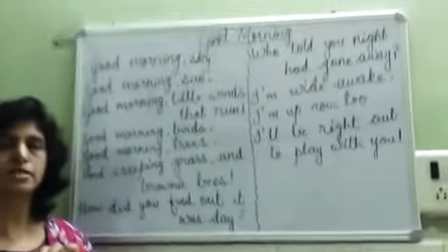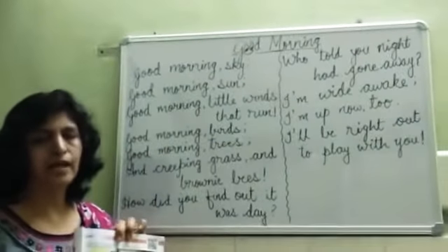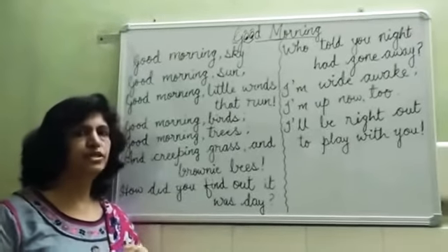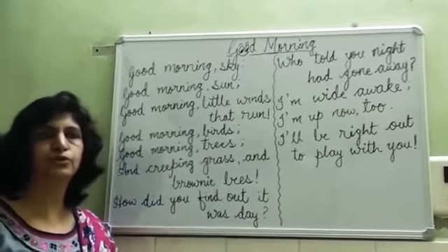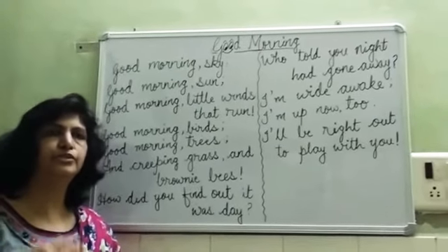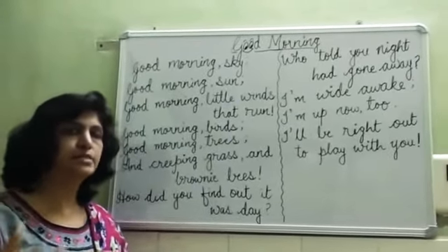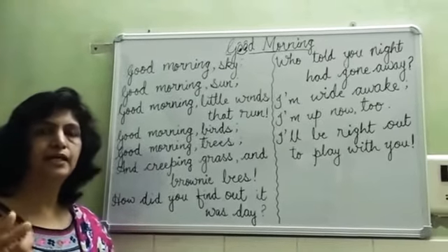You can see here this little girl. He has written about this little girl who says good morning to the sun, to the sky, to the birds, to the bees, to the flowers, to the winds, to everyone. She says good morning. And after saying good morning, she asks a question to them, that how did you come to know that the night is over? How did you come to know that it is morning now? How did you wake up? And then she expresses her desire to go out and play with them, to play in the nature.